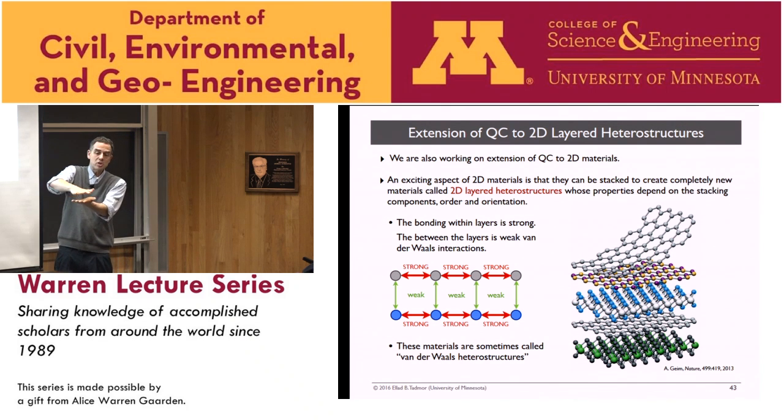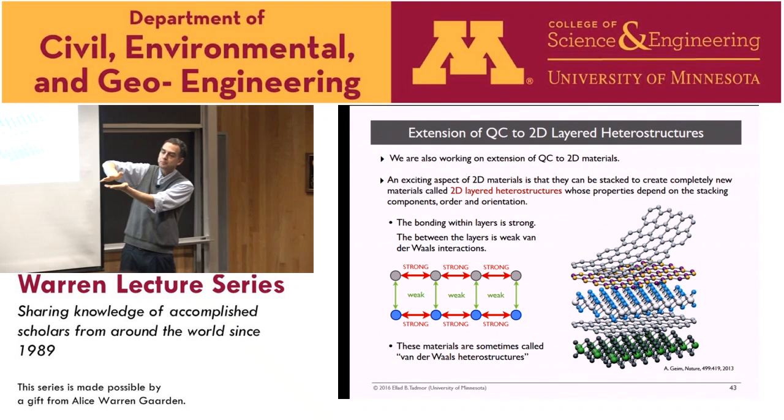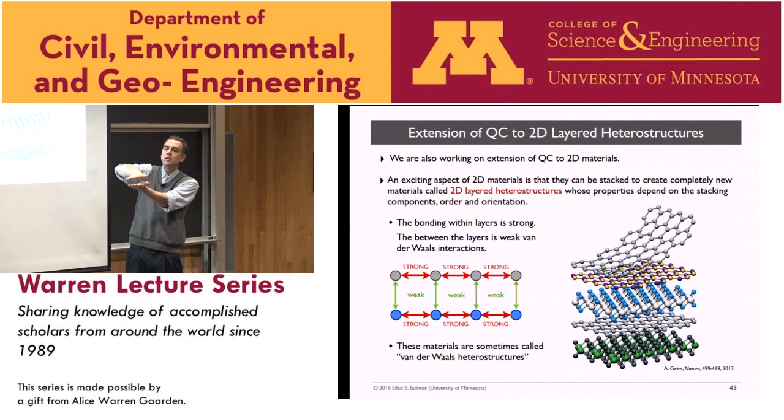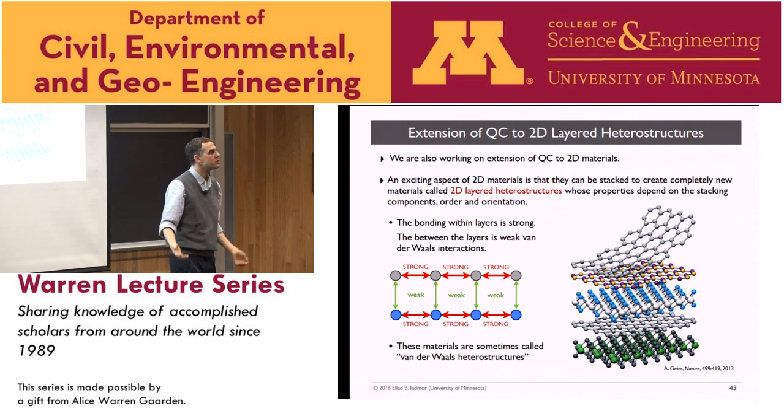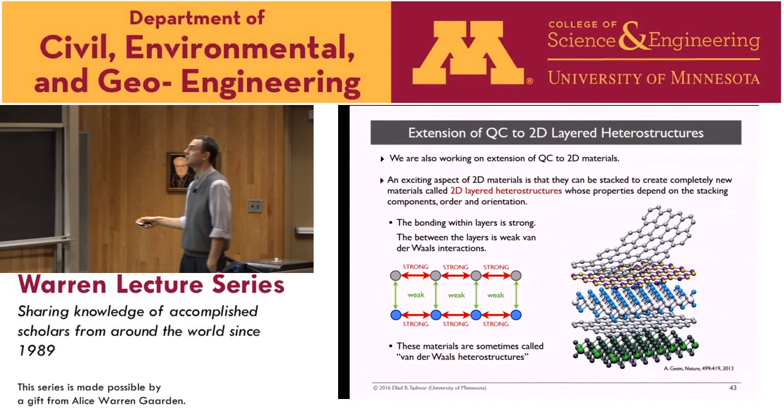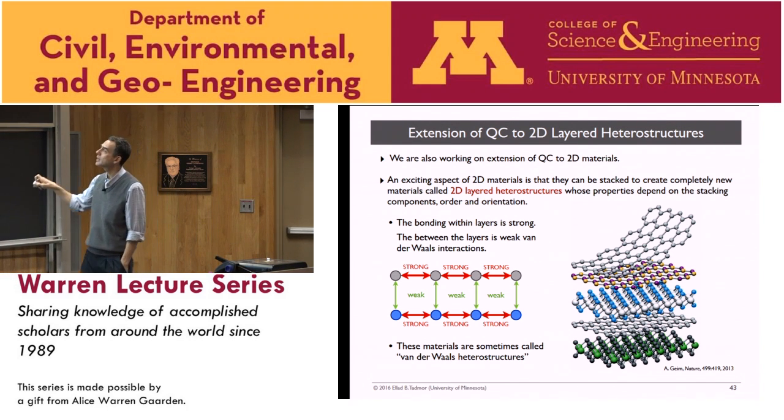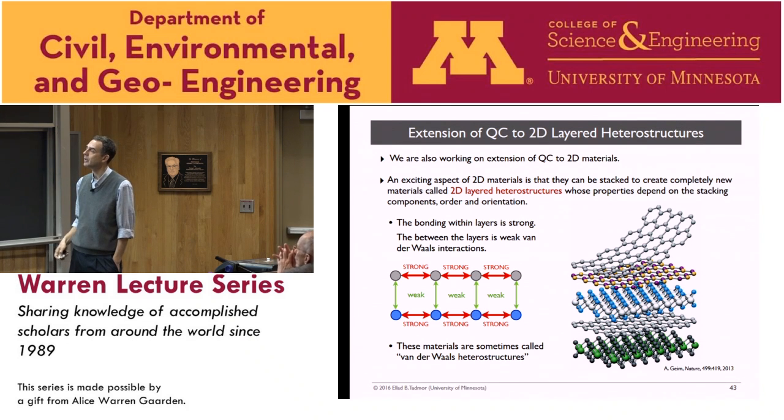And you can even change the behaviors when you rotate. Because the orientation between them can be easily controlled, you can have materials that are conductors like this and insulators when you rotate by some degree. So you can have all sorts of options for sensors and actuators and so on. So a lot of people are very interested in this. And so we're trying to understand, to model the mechanics and thermomechanics of these materials, and we're trying to understand how the orientation between them changes their behavior.